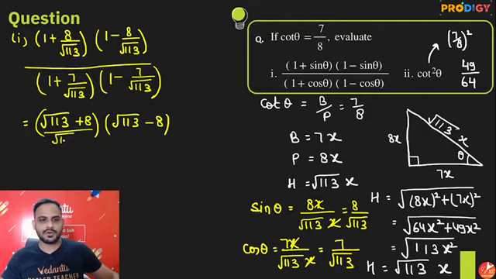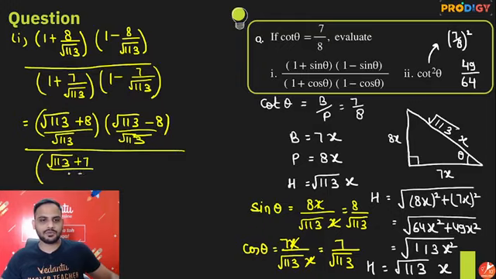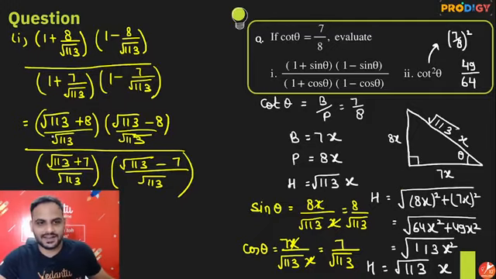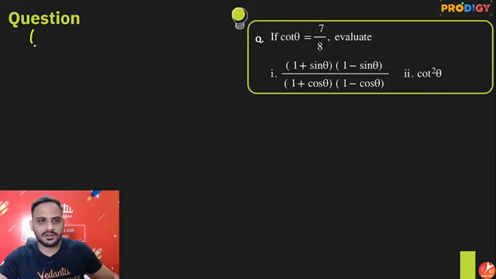Upon square root of 113, upon square root of 113. Anyhow, it will get cancelled. So here we will be getting square root of 113 plus 7 upon square root of 113, into square root of 113 minus 7 upon square root of 113. So finally, what we are getting, look, in the numerator and denominator, if I simplify, numerator is